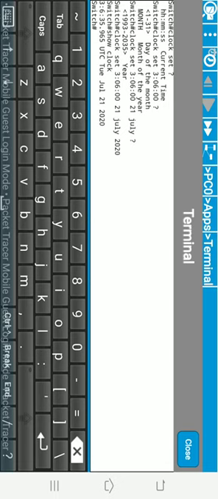So we can see that the clock is set to July 21st, 2020. Okay, this is how we can do the lab in Packet Tracer in your mobile phone. Thank you.